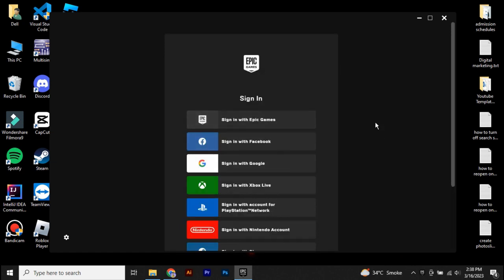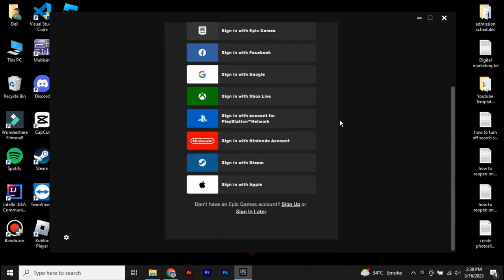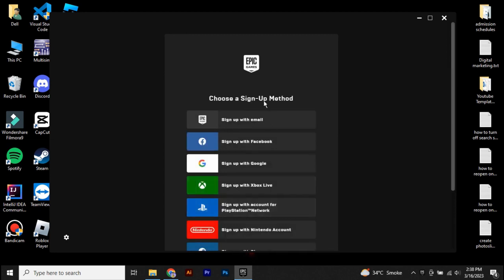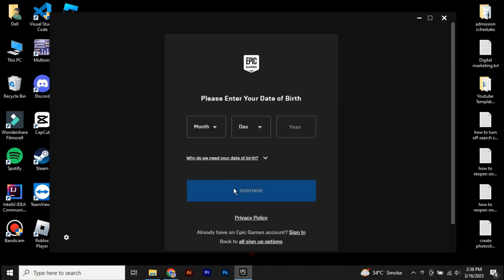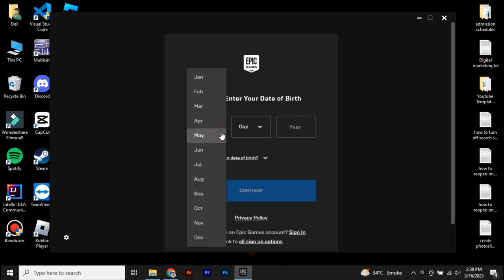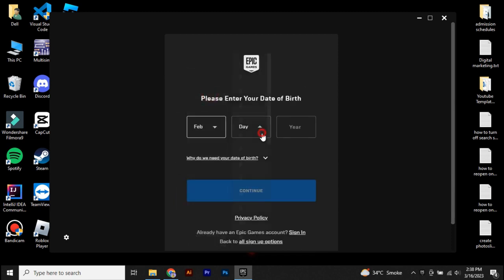Now in case you don't have any account, you can simply create one from here. Now from here, simply scroll down at the very bottom, and here you will find sign up. So simply click on that. Now you have to submit your details to create an account. First of all, you have to select your date of birth